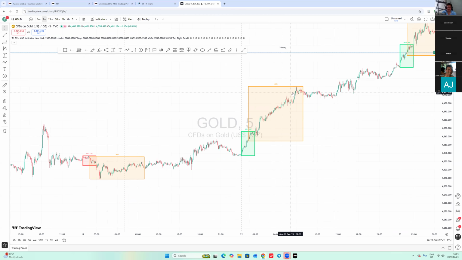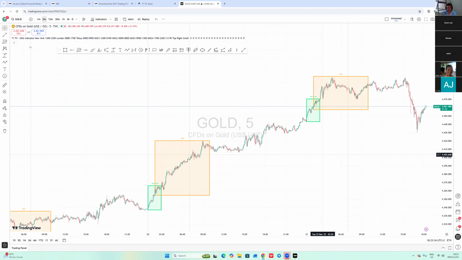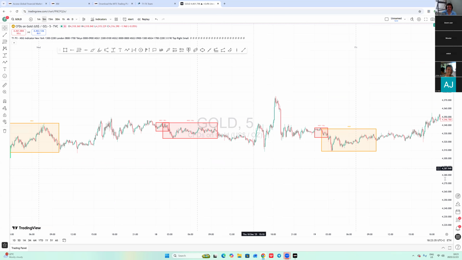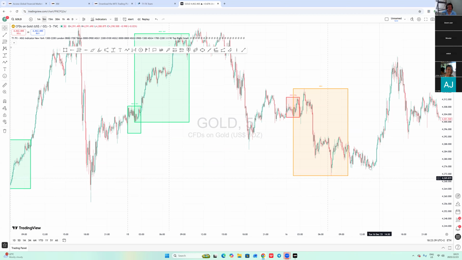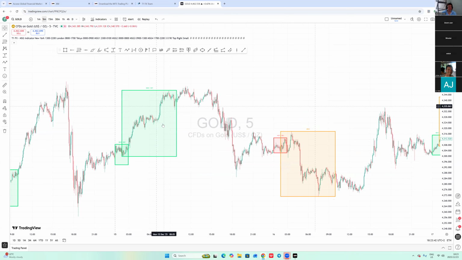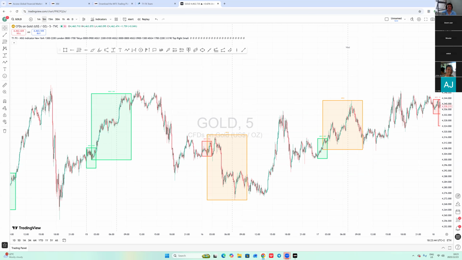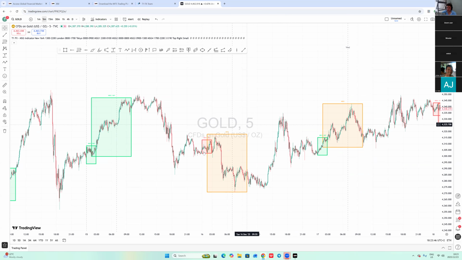So you see, when it's like this orange, what color is this? It means no entry. No entry, no entry. This one was red, and it did sell for a bit. You see, this one was green. Maybe it's just, but look at how big this block is. But this one in the morning, look how small it is. So the small one is much more accurate than this big one.